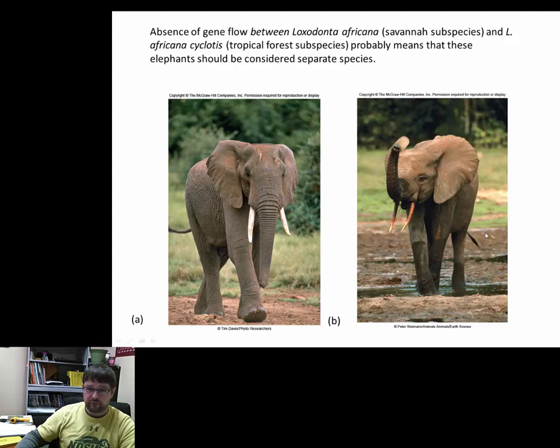The tropical forest subspecies is smaller. Its tusks tend to be more red. Now, part of that has to do with them scraping the tree bark and things like that. But these guys have white tusks due to kind of the sun bleaching. So you can tell the difference between the two, but really that's probably not genetically controlled. Size is genetically controlled. The head features are genetically controlled.